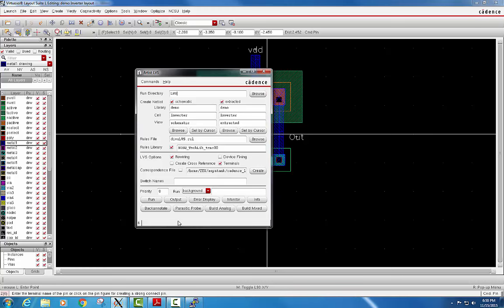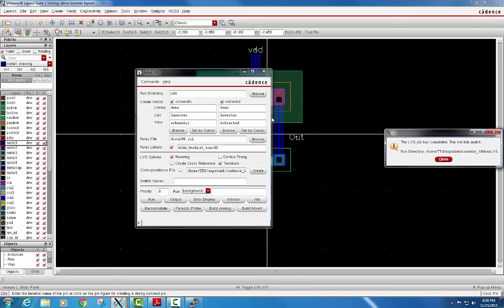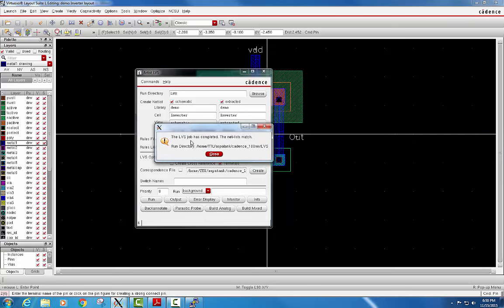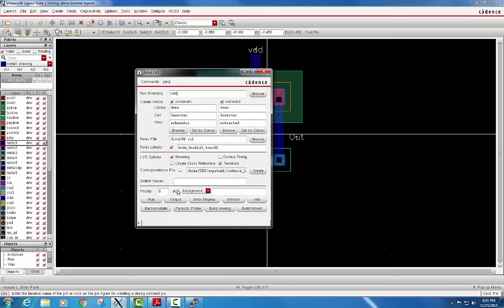Once you click on run, wait for a while till it gives you the result. And yes, we have the result as the LVS job has completed and netlist match. That means our LVS is matching and the layout is perfectly matching with our schematic. So it is ready to go for the fabrication. Click close. If you want to check all the nets, all the nodes, just click on the output,